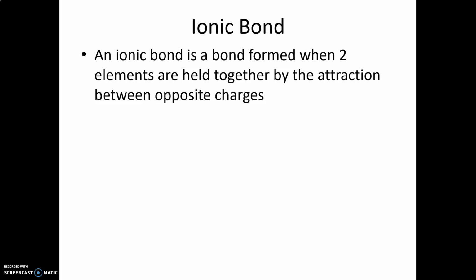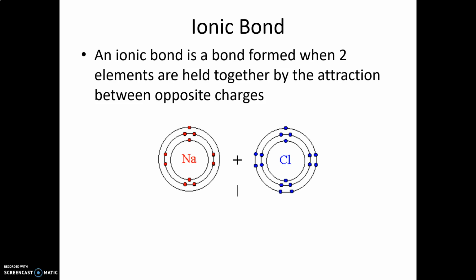When we do that, it gives the atoms that we said had no net charge a charge now. So here we have sodium and chlorine. In our sodium, in its outer shell, how many electrons do you see? How many red dots? 1, yes? In the chlorine shell, how many do you see? How many blue dots? 1, 2, 3, 4, 5, 6, 7. We said that 8 is needed to be full. So we have 1 here, 7 here. What is the easiest way to make both of these have a full shell?